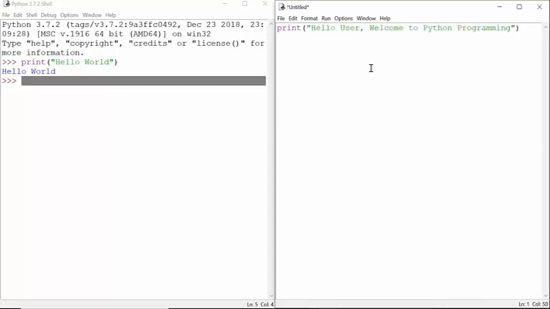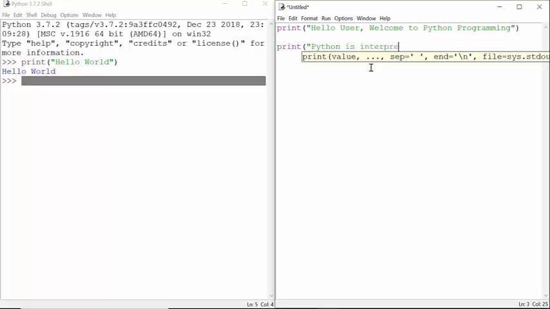But where is the main function? Where is something like a header file, or where is the structure of Python? There is no definite structure. Python is straightforward. We directly type the statements, and this is how you can type the print function in Python. You also can type more than one statement in this window. If I type here, let's say, Python is an interpreted programming language,